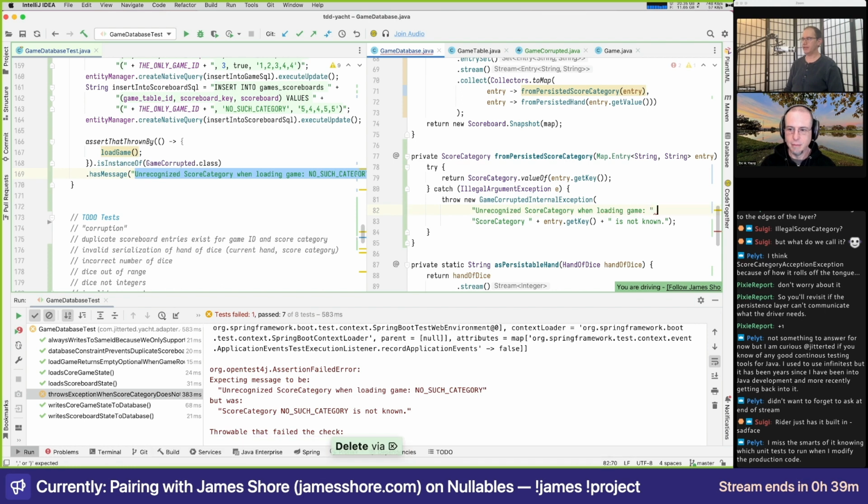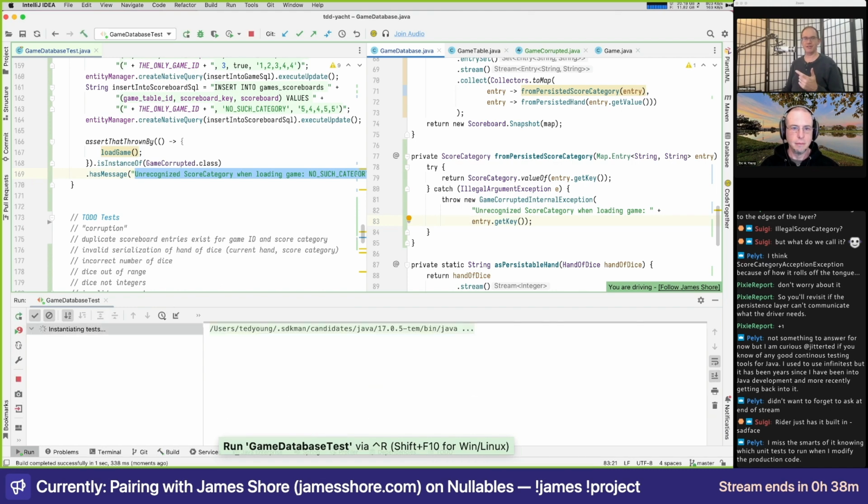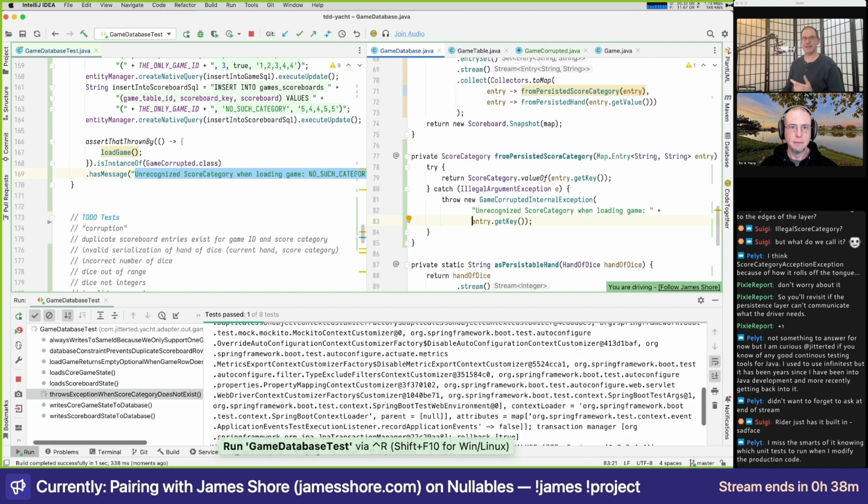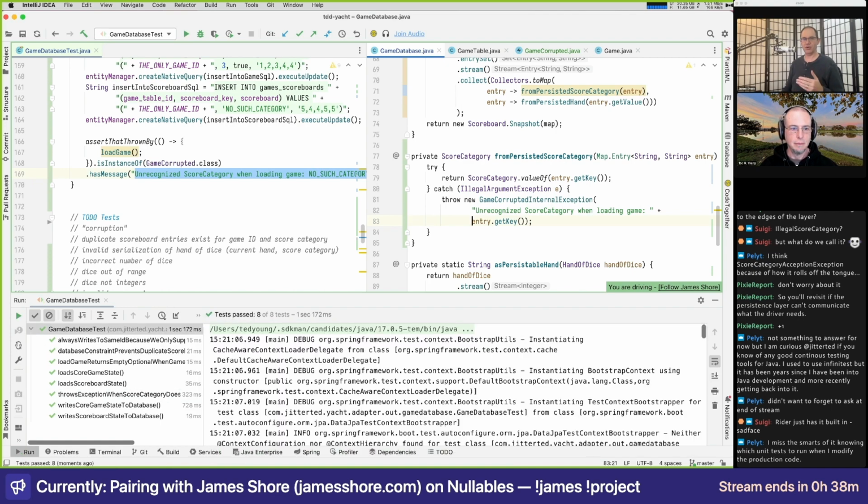So the thinking I have here, for everybody listening, is whenever I'm creating an exception message, I'm assuming two things. One, it's not going to show up in the user interface, and two, it is going to show up in my logs. And when it shows up in my logs, I'm going to have my hair on fire because the system is down in some way. And so I want it to be super explicit.